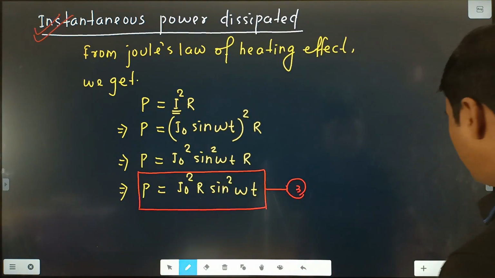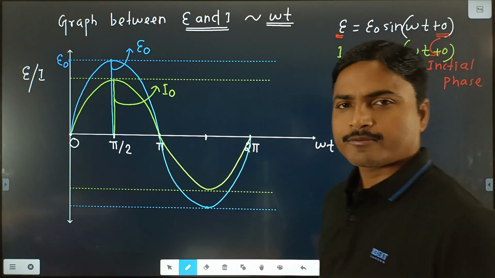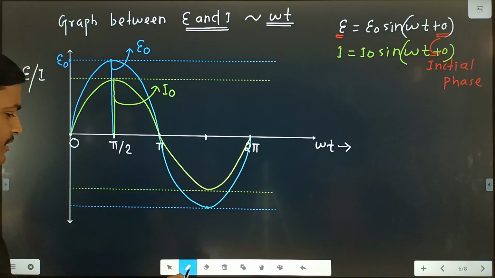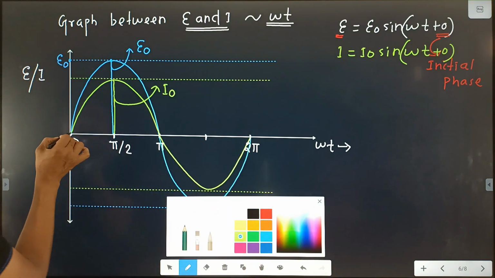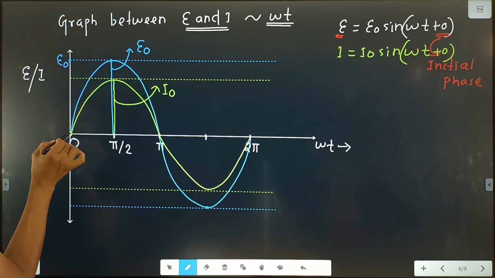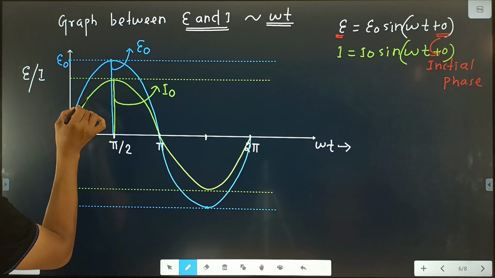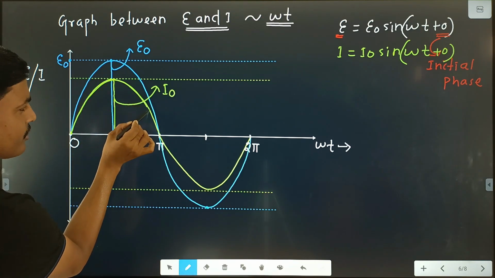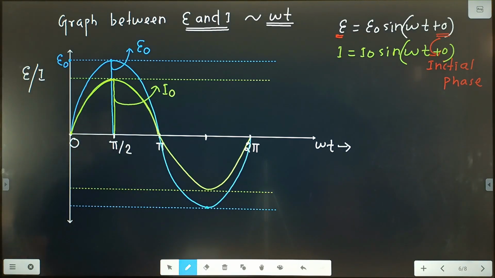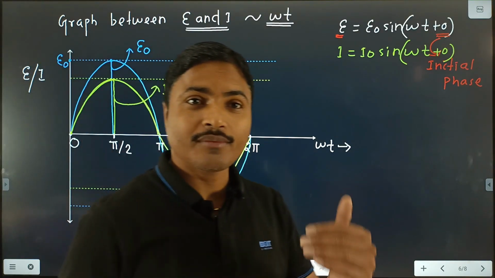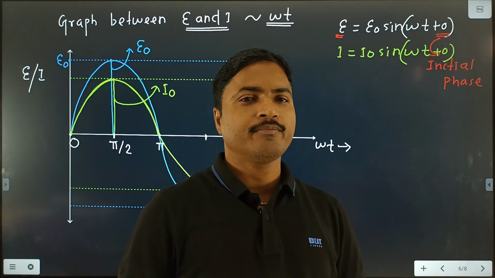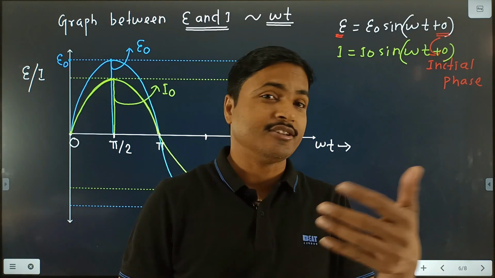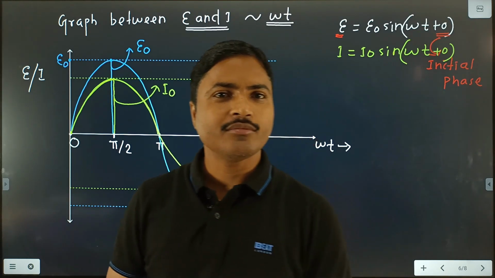And here we will calculate the average power consumed. Why? Because here, look at the figure. Here the magnitude of the current is not constant. Initially the magnitude of current is 0, then it is gradually increased. At this point this is maximum. Again the magnitude of the current is gradually decreased. That means if the magnitude of current varies with time, the power consumed at any instant of time is not constant, that is also variable.